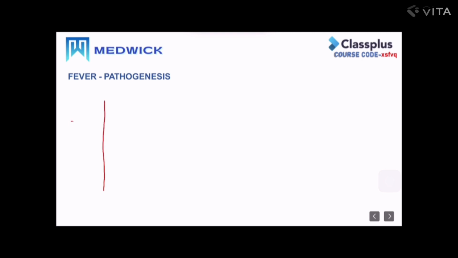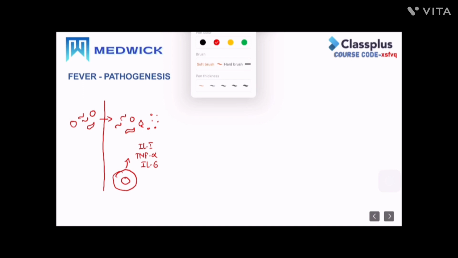So whenever the microorganisms enter our body, they will release toxins, and the immune cells will release cytokines against them. The main cytokines which are concerned with the fever, we call them the pyrogenic cytokines, or interleukin 1, TNF alpha, and interleukin 6. Now, interleukin 6 is very important because it induces CRP, and it will cause the CRP levels